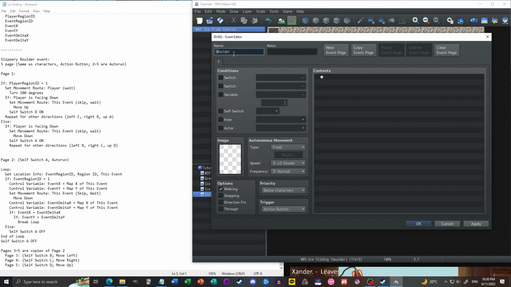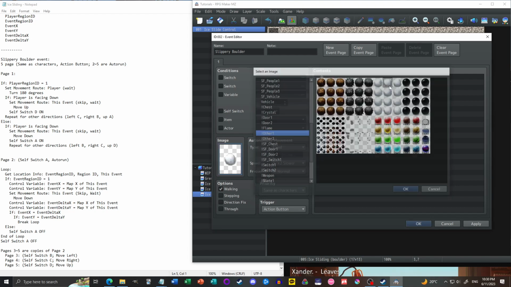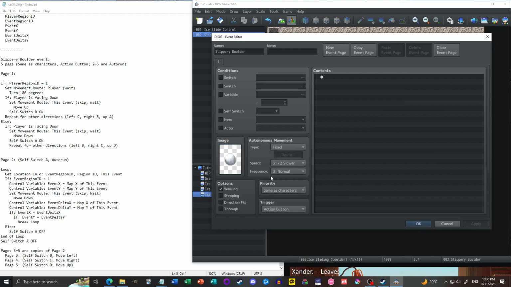We'll go with slippery boulder. Alright. Same as characters, action button. So these are the settings that we would normally use for a crate or a rock or something that you would push around. So on the first page,